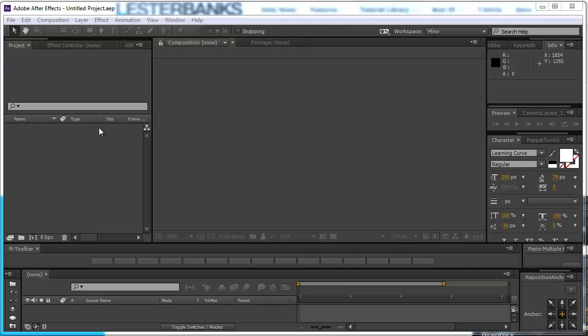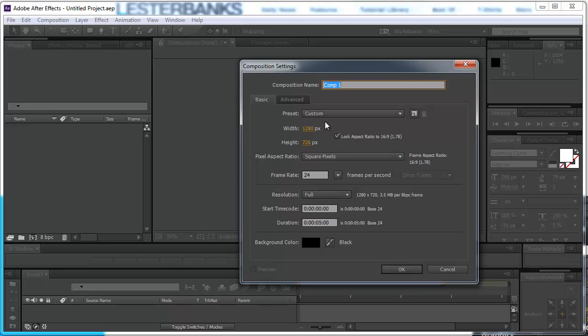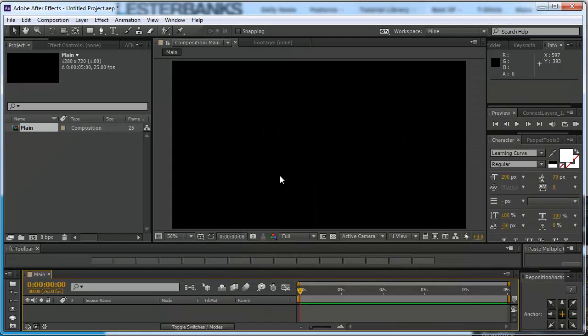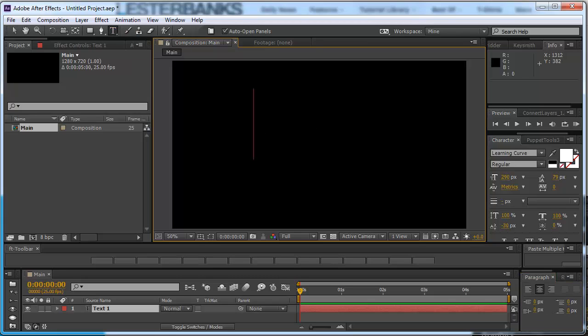With no further delay, let's create a new composition, Ctrl-N on the keyboard, and I'm going to be working in 1280 by 720, 25 frames per second, 5 seconds long, black background, and I'm going to call it main and click OK. Inside of this composition, I'm going to create a new text layer, so select my text tool and